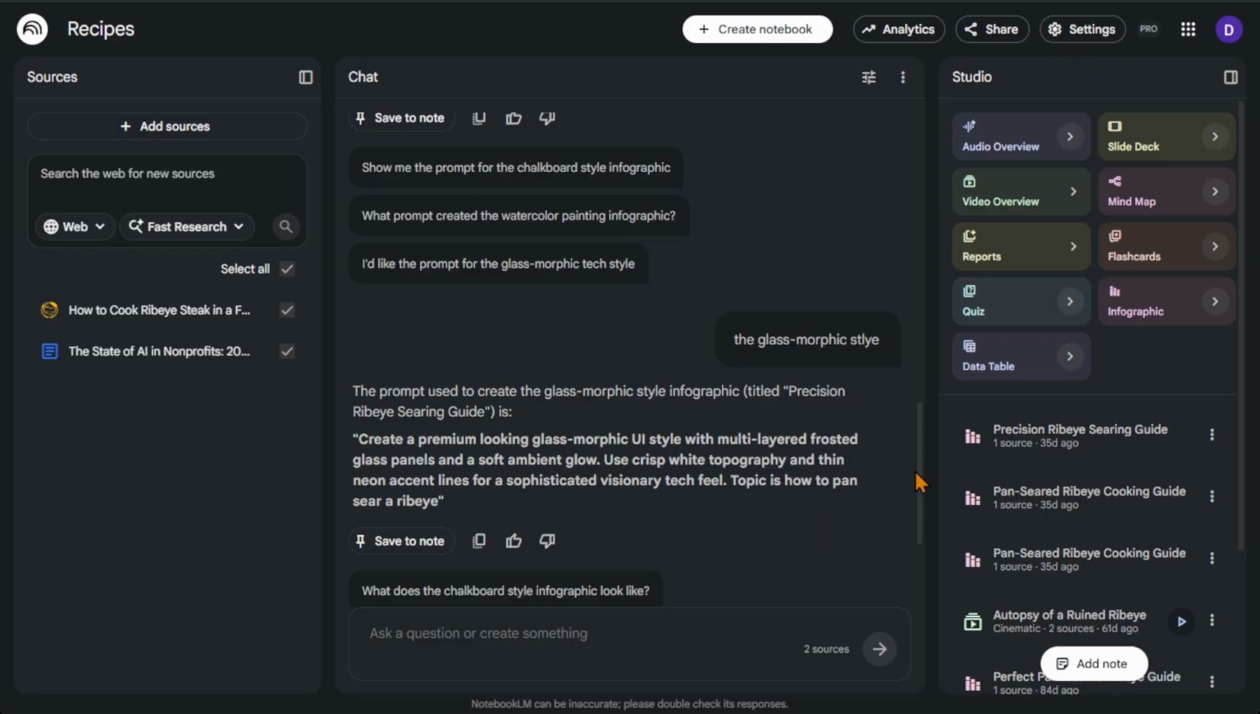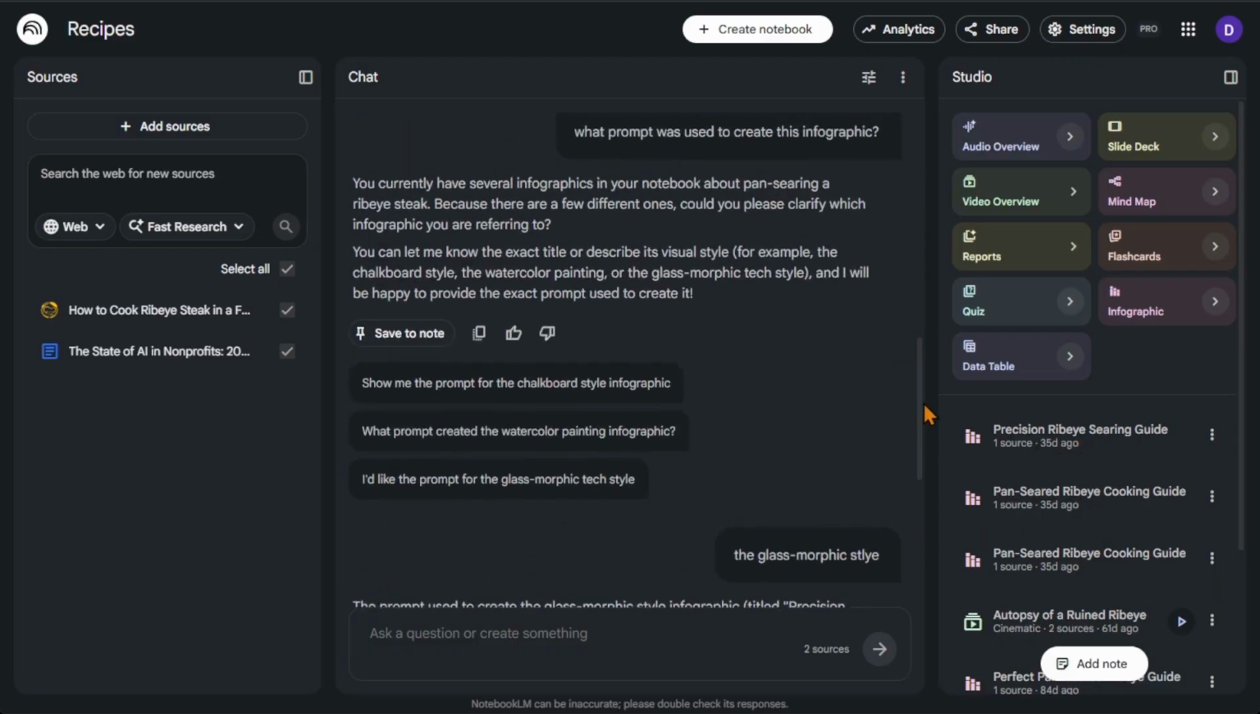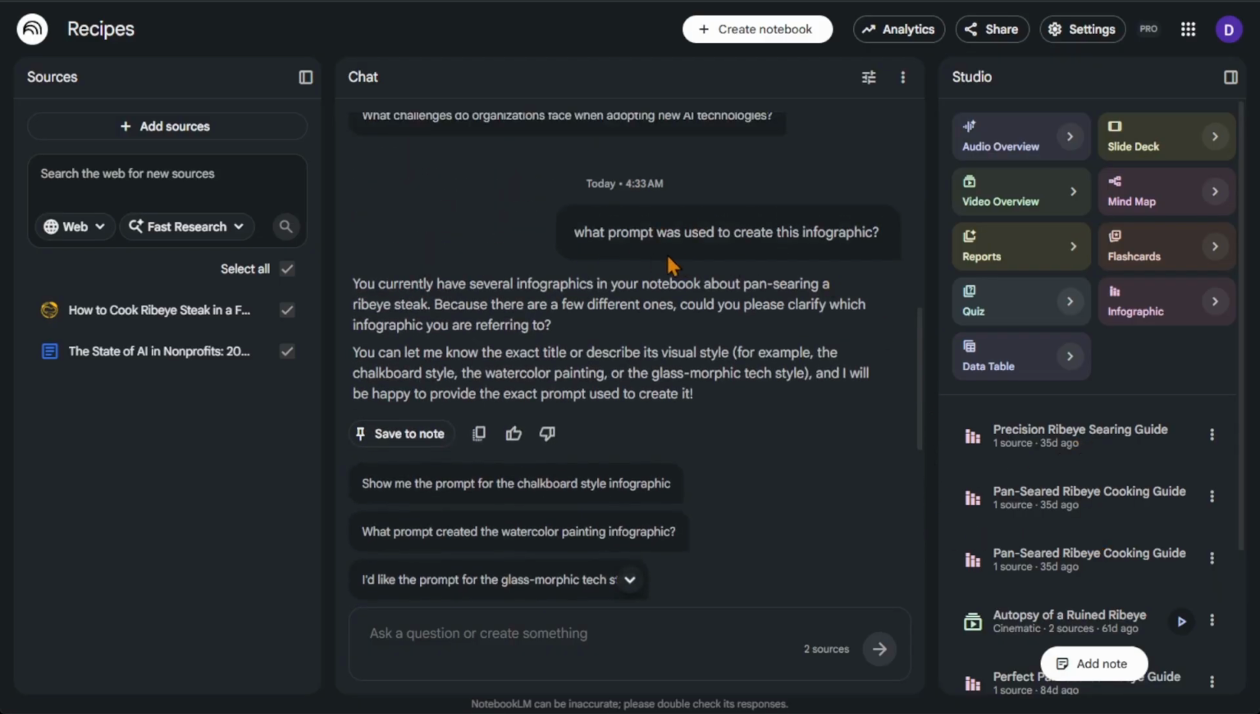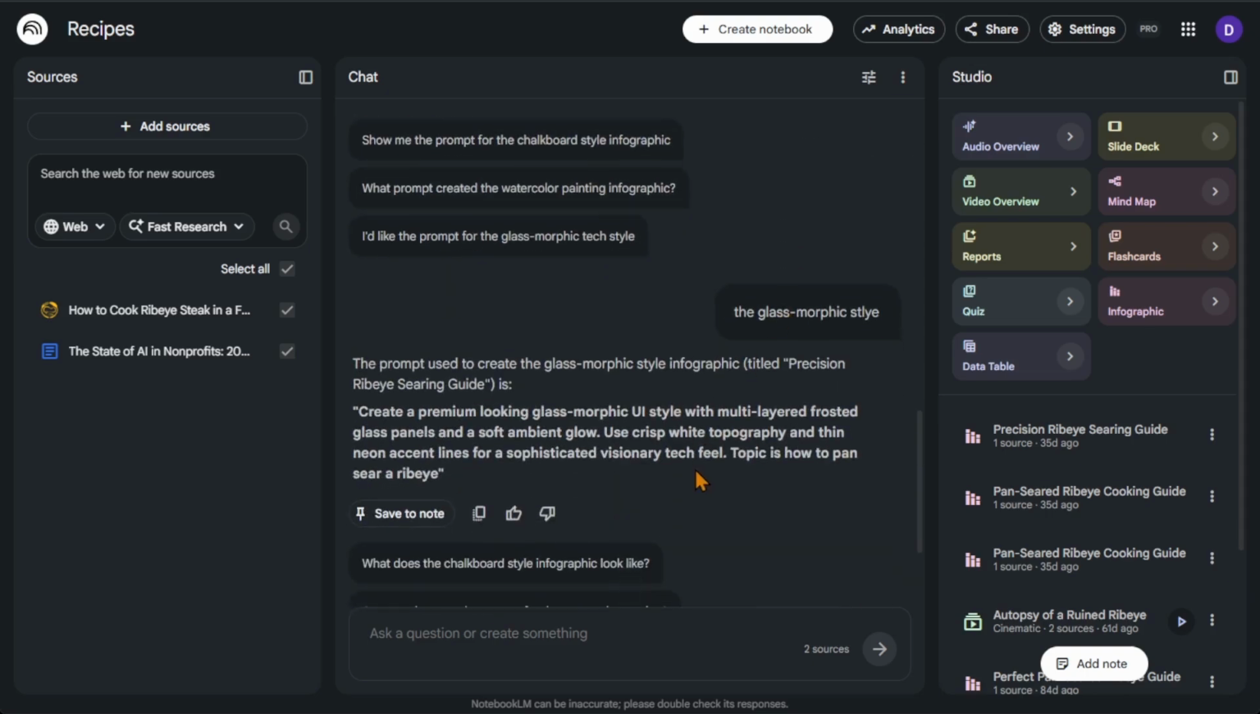But right now, if you want the prompts for your artifacts, it looks like you have to actually prompt for it in the chat area and make sure that you put in either the title of the artifact, if it's unique, or a description of the visual style, something that uniquely identifies the artifact that you want, and just ask for the prompt. It seems to work, but it is definitely a new way to get it and kind of roundabout, but